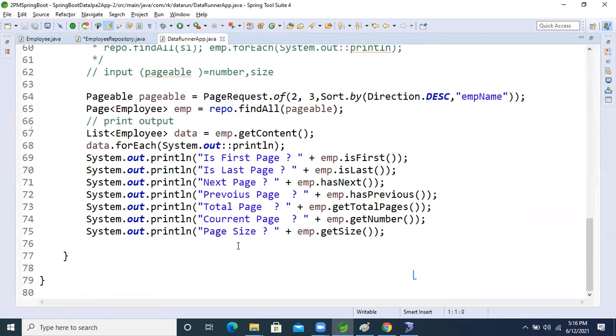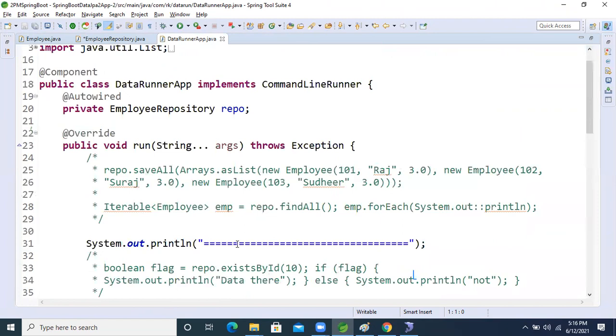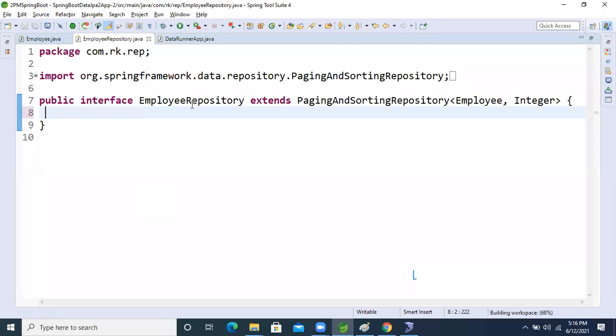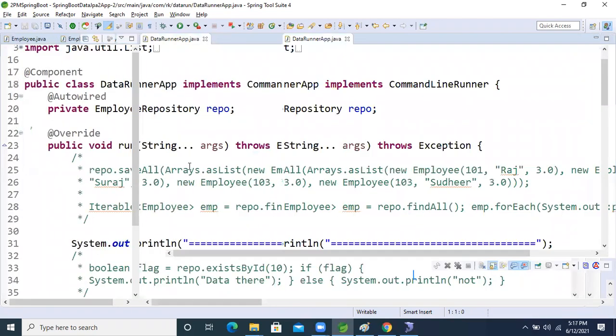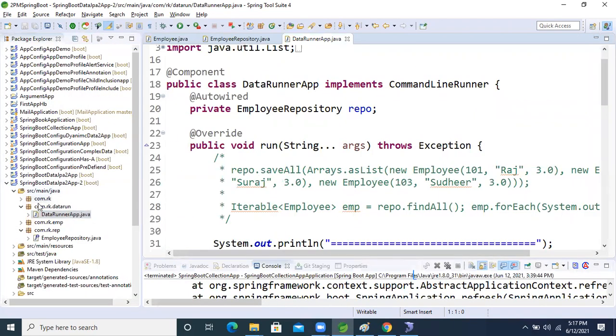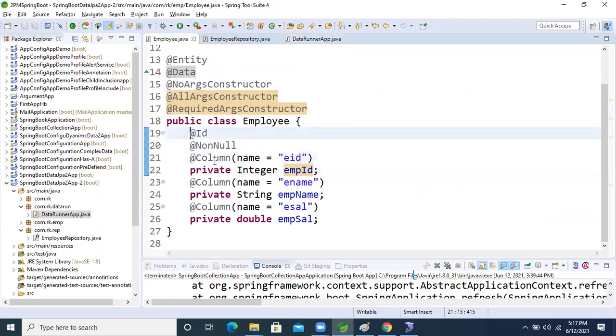This is not the current application, I think. In the previous application only, I'm going to perform the same operation. This is the paging and sorting application from last weekend. Because I need this model class again. If I create a new application, I would need to create these things again and again. Understand?